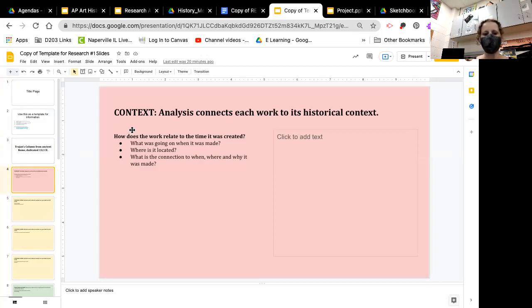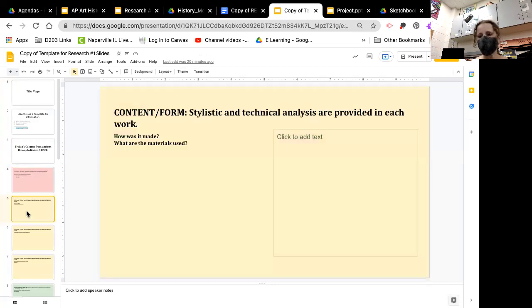elements. Things like, how does the work of art relate to the time it was created? What was going on when it was made? Where was it located? What is the connection to when, where, and why it was made? Then I have given you several slides for content and form. How was it made and what were the materials? So you would put your text information and then maybe an image